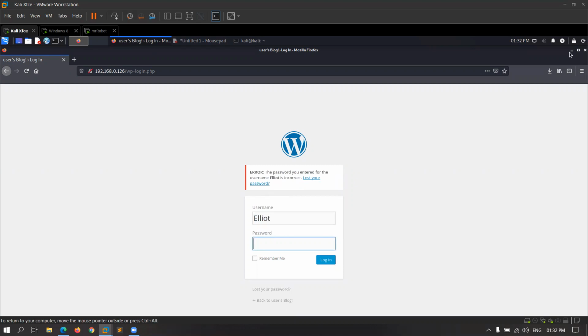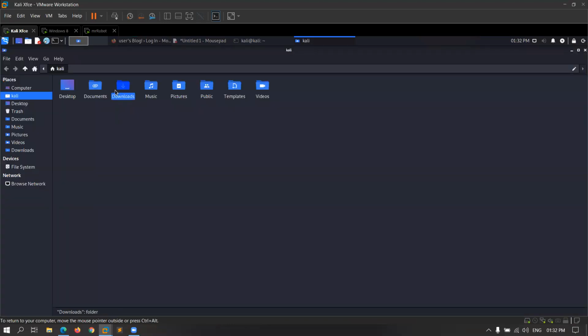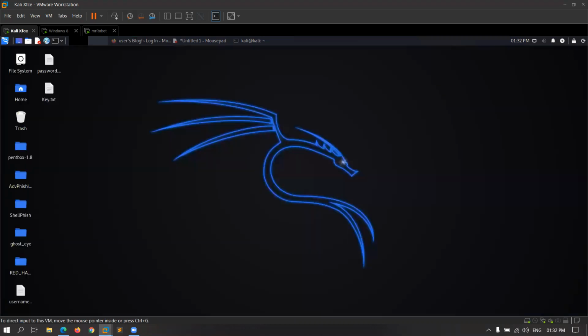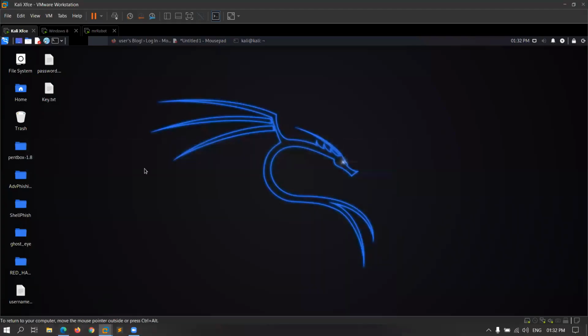The password is in the list that we have downloaded. So we have downloaded a dictionary file and the password is in the list. So what we have to do is brute force the website by using the word list that we have downloaded. So what is the way to brute force? First, I have to sort the word list.